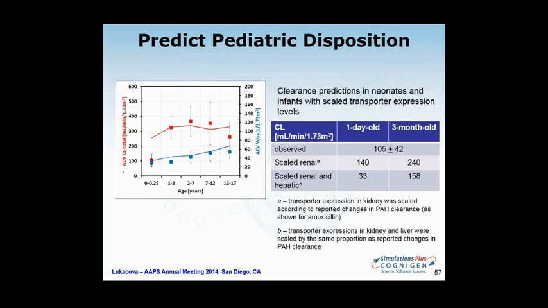pediatrics. And what you see here is the predicted clearance in red and the predicted volume of distribution in blue. You can see the volume of distribution was predicted very nicely with the specific PSTC value accounted for. For clearance, we are okay from about 1 year old up. The only one where we over-predicted clearance was the 1 to 3 months old.